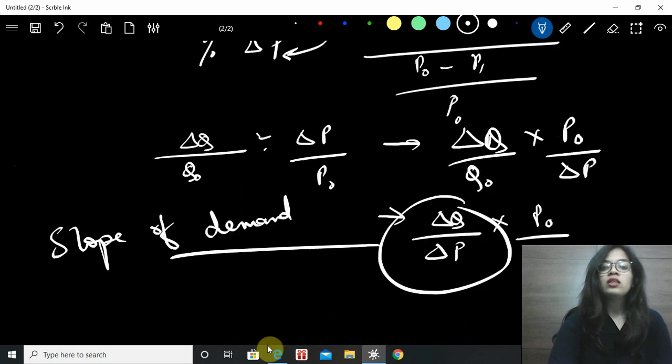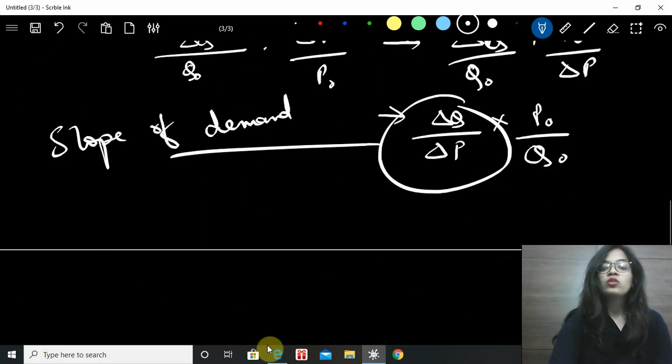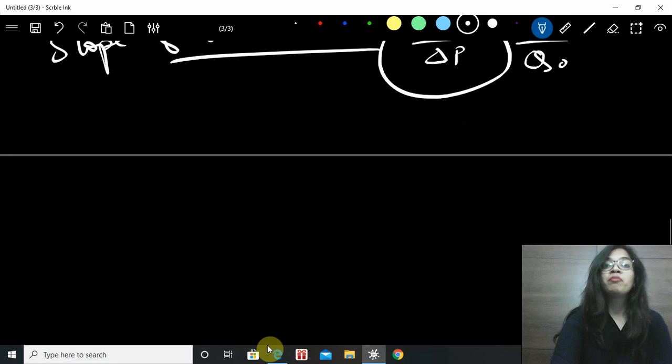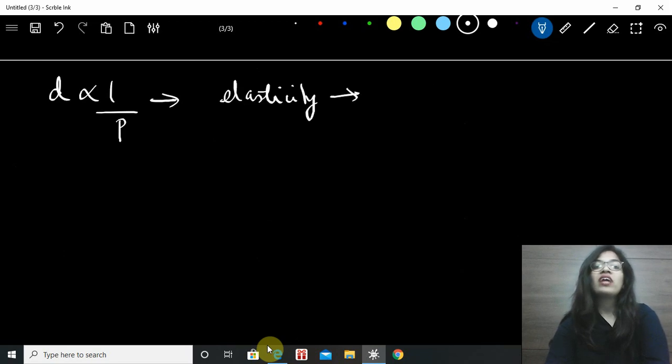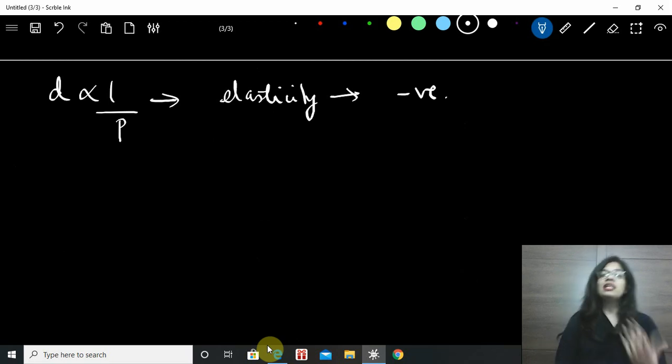Now you know this. Now let us go to some basic concepts before calculating elasticity. One of the major things to remember is, since demand and price are inversely proportional, know this, that elasticity for any kind of normal good is always going to be negative, because it's not possible for a good to have a positive elasticity unless it is an exception to demand. Now what all types of elasticities can be there?